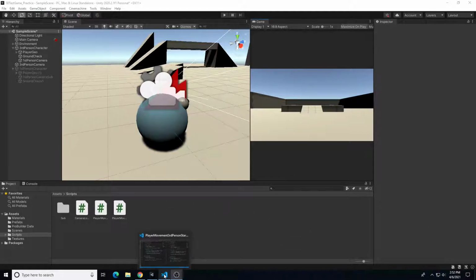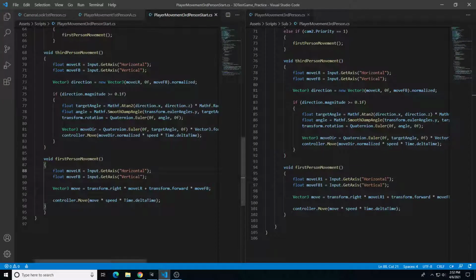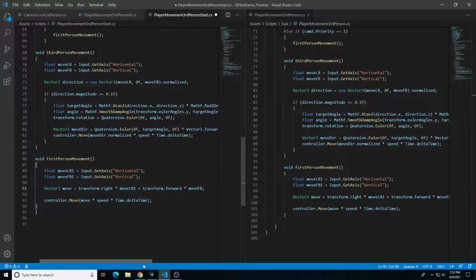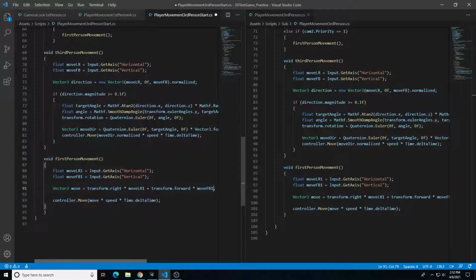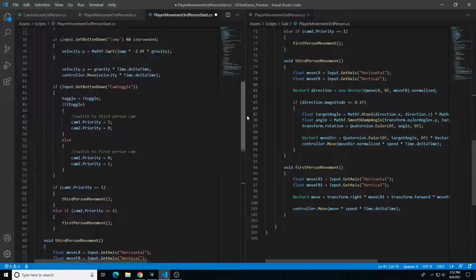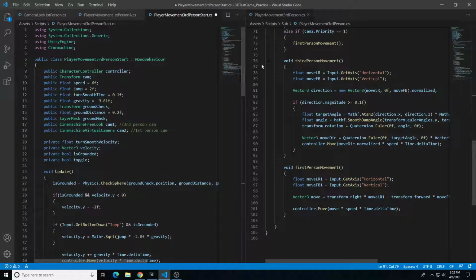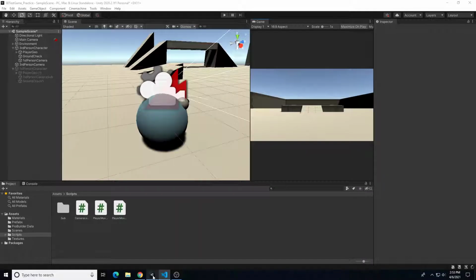Let me show again. But one other thing I did want to mention as far as refining the code a little bit is, this is not too big of a deal because it's 2 different functions, but we are looking for move LR in 2 different areas as far as a local variable. So we can always just go through and change our first person input local variables to move LR1, move FB1, and then replace it down here in our 2 spots of move LR1, move FB1, and that'll just make sure that it's not looking for the same variable elsewhere, but it shouldn't have any problem. But the rest should work, so we can save that, go back into Unity,